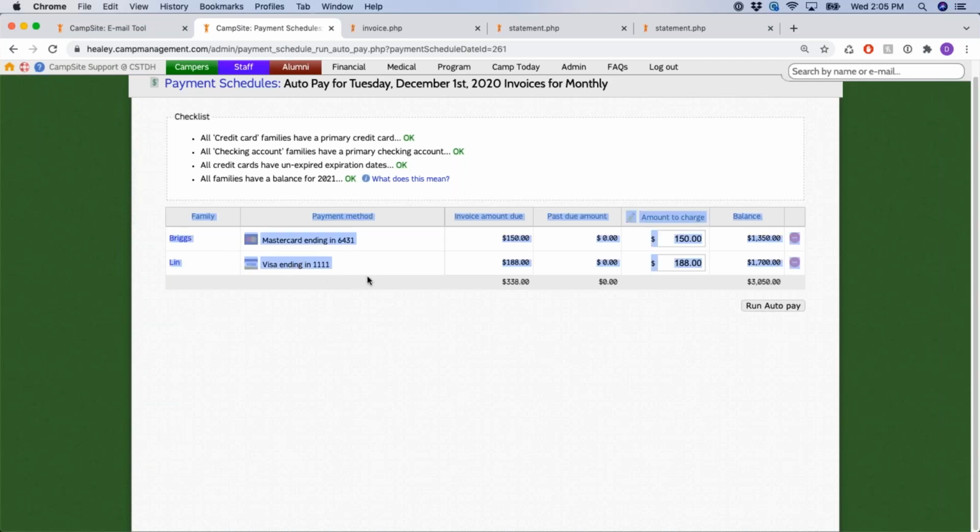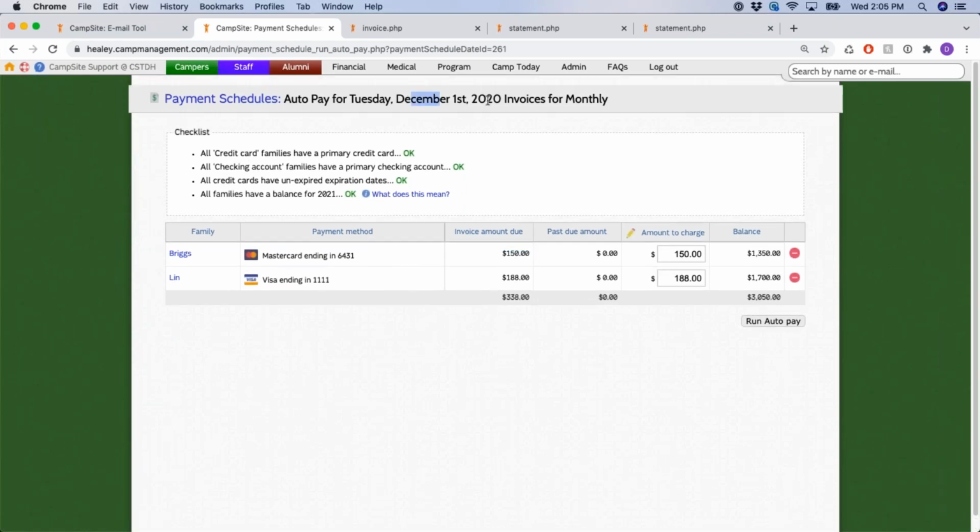Right? So below will be the list of families on AutoPay listed in alphabetical order. Typically you'll have more than 2 families, but in my training account, I just have these 2 for this schedule. It will break down the payment method that you're about to process, the invoice amount that is due on this day, any past due amounts that they may have from previous invoices, and then the amount that you are about